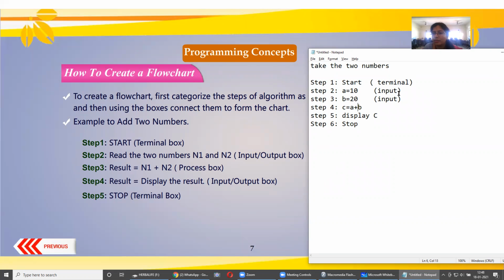Now here is what is happening. Here we are doing some calculation, some procedure. What is that procedure? We are adding A plus B and we are putting it as C. So here some process is happening. So this goes into the process box. Now this is the result, display C. After the calculation, we want to see the result, and that is C. We want to display the answer of C. So this is output, correct?